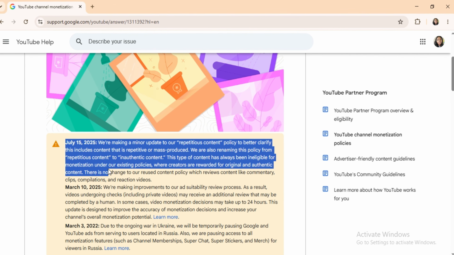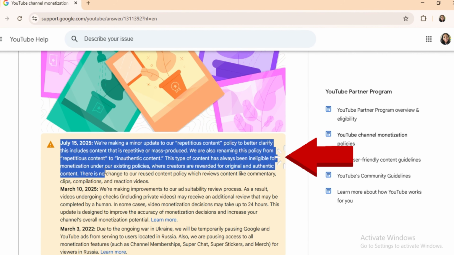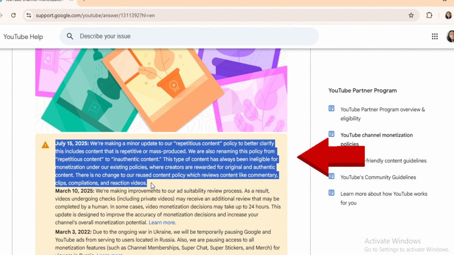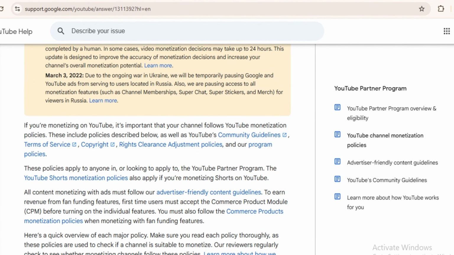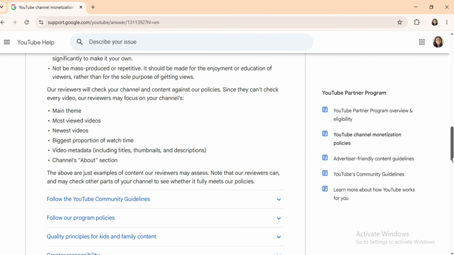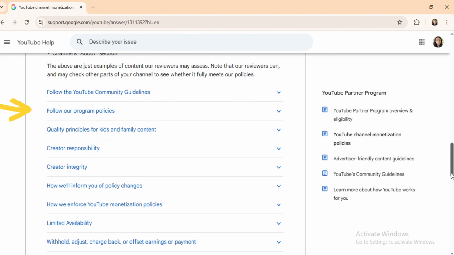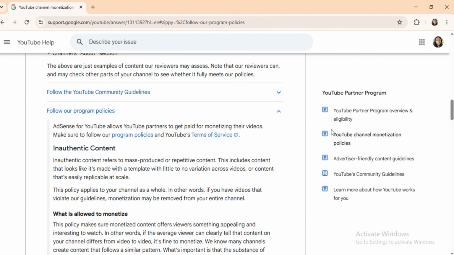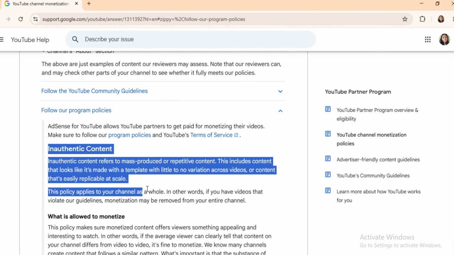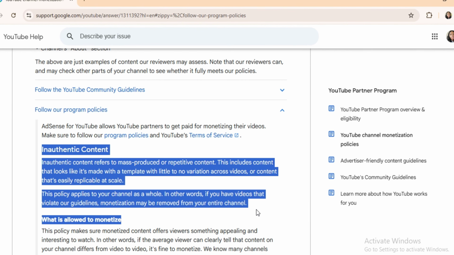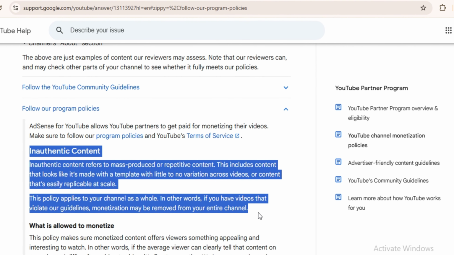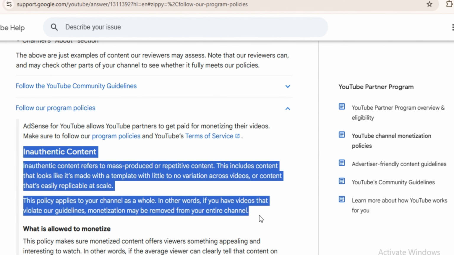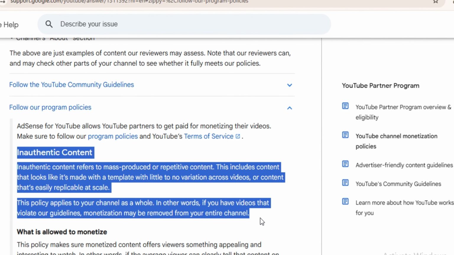YouTube explicitly states that this type of content has always been ineligible for monetization because their platform rewards original human creativity. When you scroll down to their program policies, YouTube defines inauthentic content as mass-produced or repetitive content. This includes content that looks like it's made with a template with little or no variation across videos, or content that is easily replicable at scale.